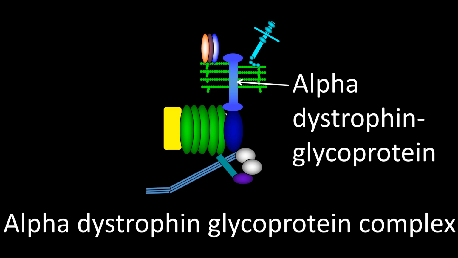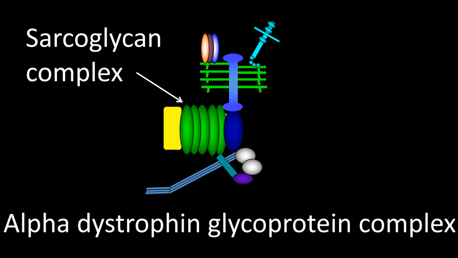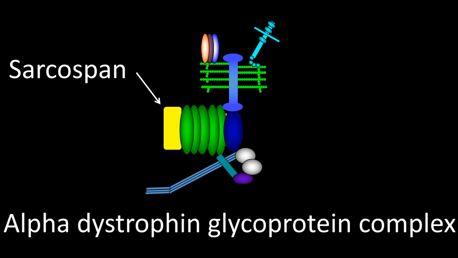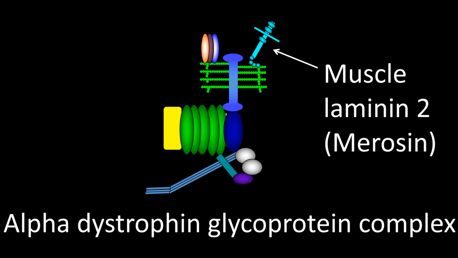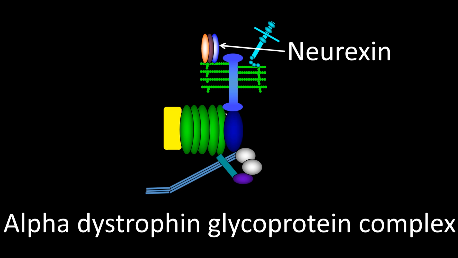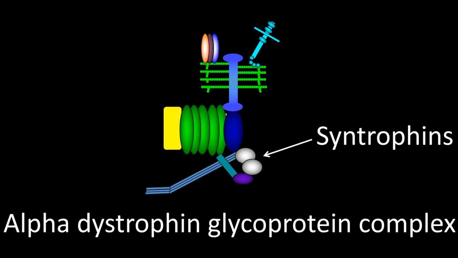Alpha-dystrophin glycoprotein, beta-dystrophin glycoprotein, sarcoglycan, sarcospan, glycans, laminin 2, better known as merosin, neurexin, perlecan, agrin, syntrophins,